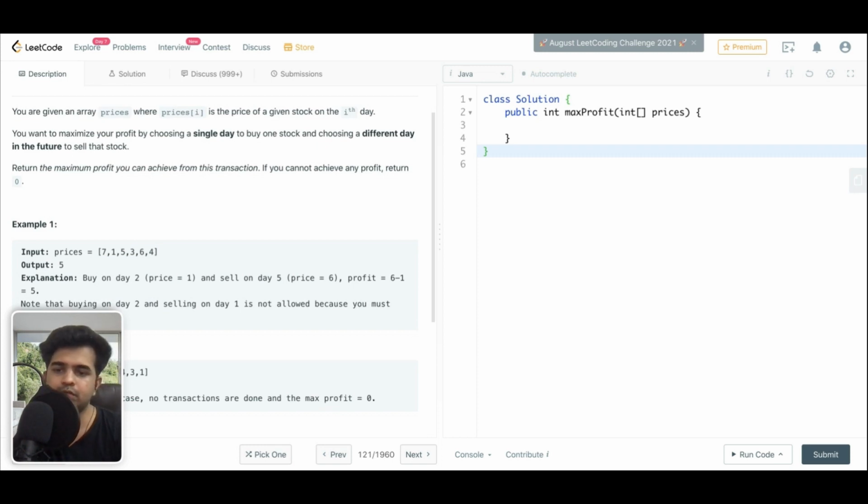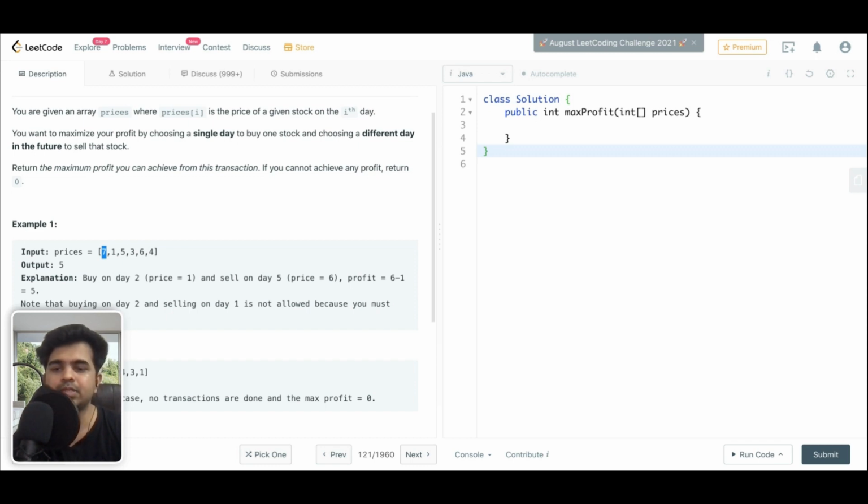The brute force way of solving this is we can keep picking a number from the left and subtract it from everything on the right, because we need to buy first and then sell. We cannot buy at 1 and sell at 7, so the sell should be on the right-hand side.